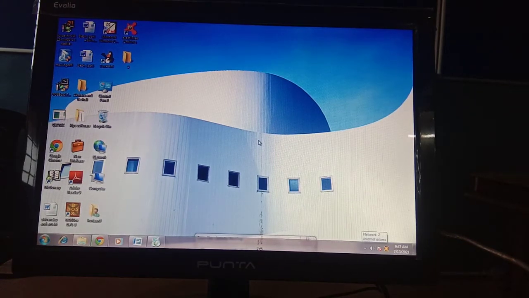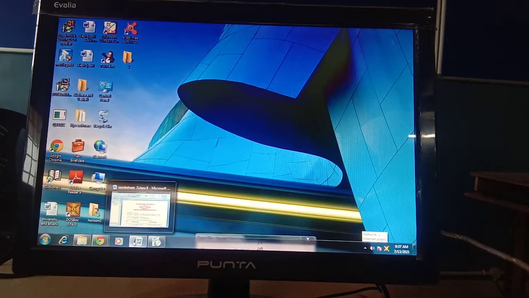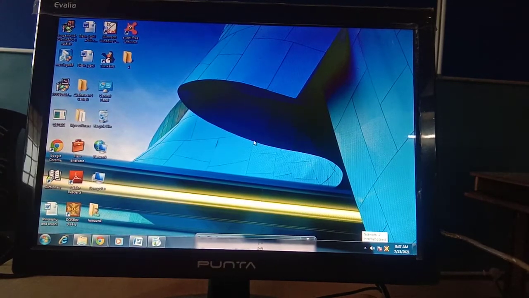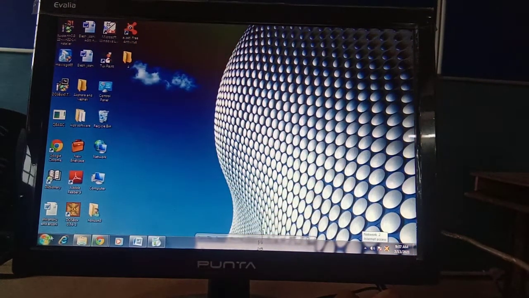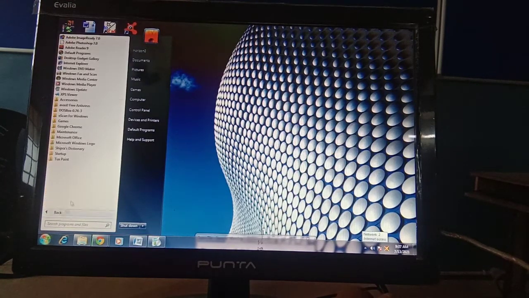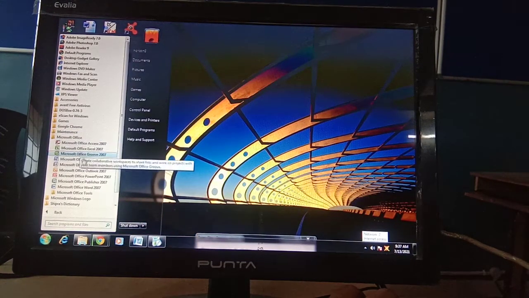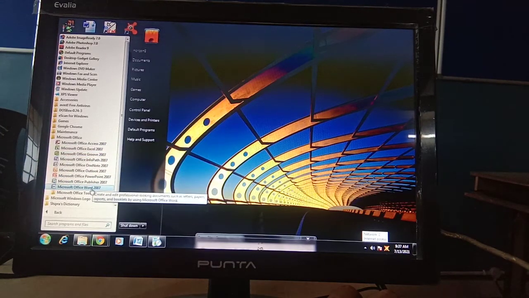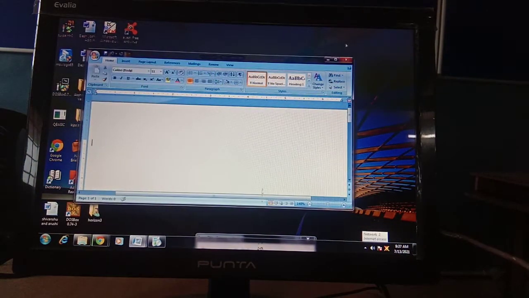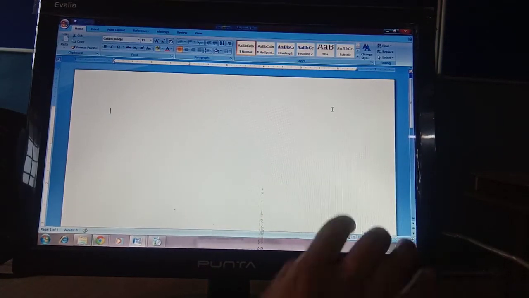So for this, first of all, we need to open Microsoft Word. So how to open Microsoft Word? In every video I tell you how to open Microsoft Word, so I don't think any child is unable to open it. From the Start menu you have to go to All Programs and then click on Microsoft Office. As you click on it, you need to click on Microsoft Office Word 2007. As you click on Microsoft Word 2007, this window will appear in front of you.